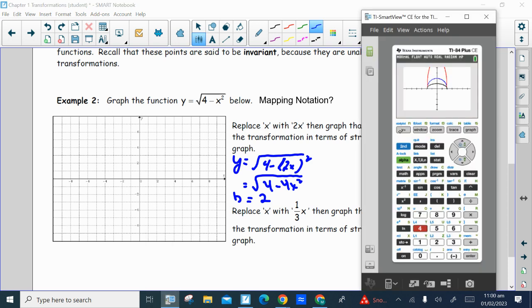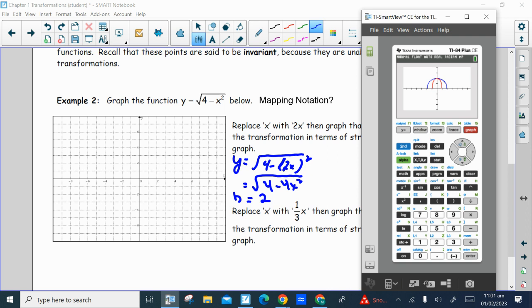Back to the graphing calculator we go. And now y2 will be the root of 4 minus, and you can either use our original expression with the 2x all in brackets squared, or a simplified one. Whoops, I got plus there. I need to make a minus. There we go. And that's what it looks like. And if you did 4 minus 4x squared without the brackets, it would be the same thing. So now when we hit graph,